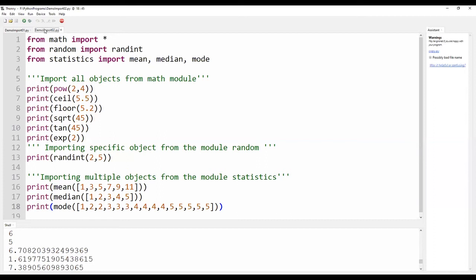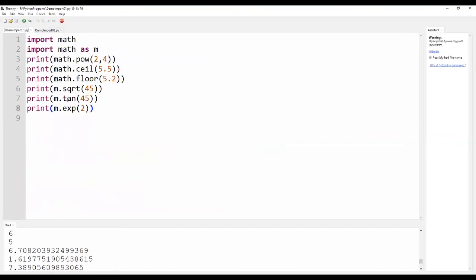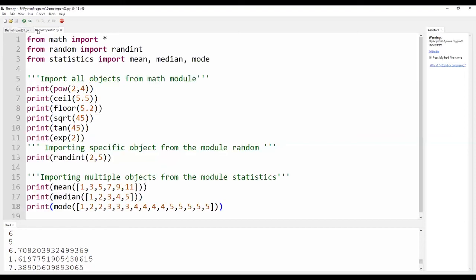The other one is importing multiple objects using from. So the first example, which we have simulated in the demo import 1 program, namely the six functions I am showing now, has been implemented using from.